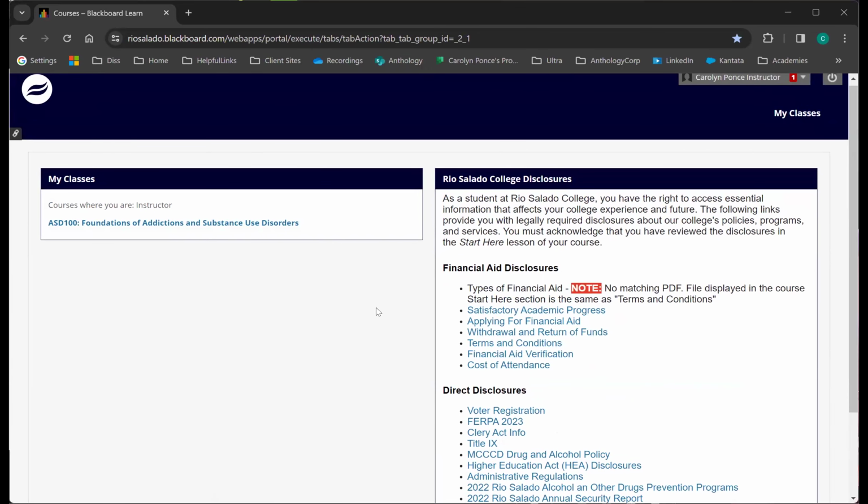The areas that are relevant that I wanted to point out: the up and down arrow on this particular menu is called the retention center. This is an area that will give you information about students that may be at risk in your class, so students that may not have participated recently or whose grades are falling behind.